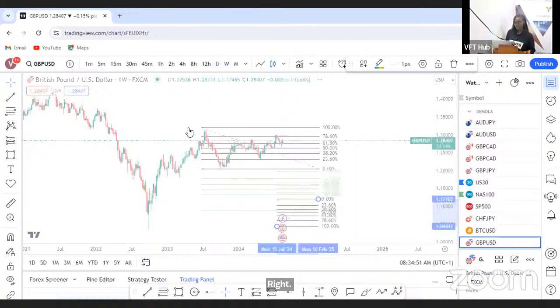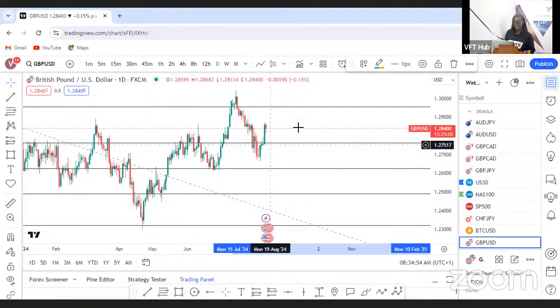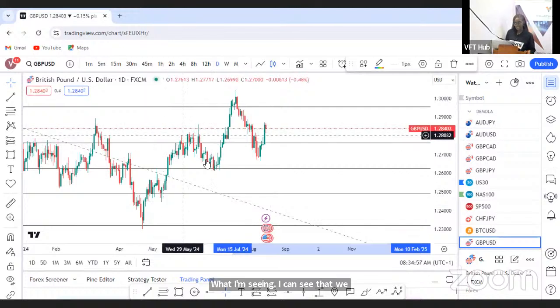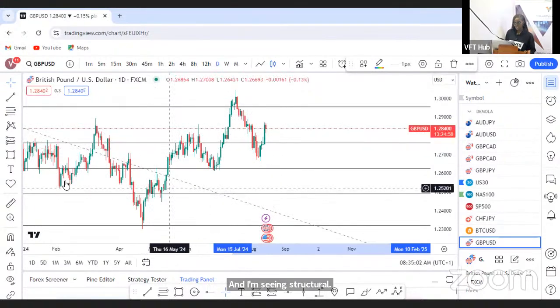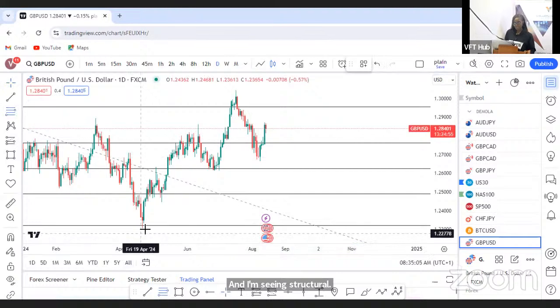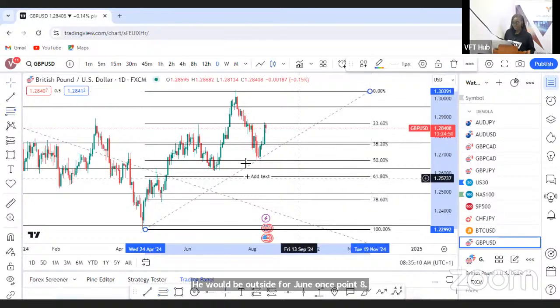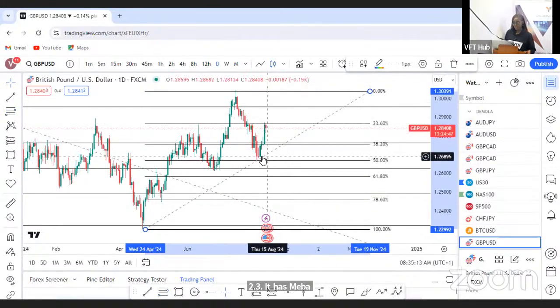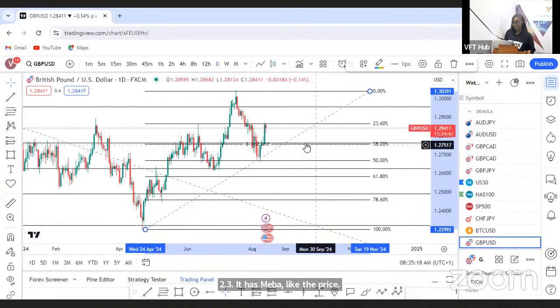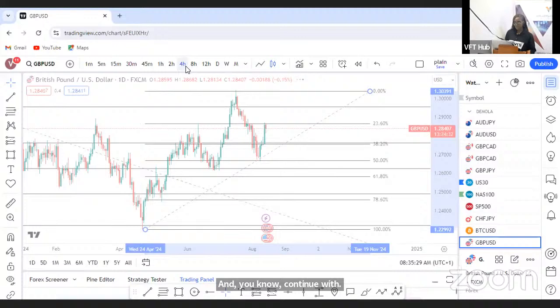And for a daily time frame, what I'm seeing, I can see that this high I'm taking out, and I'm seeing structure being formed to the upside for GU, right? So if I'm going to plot this entire thing from point A to point B, you can see that price traded into the 50% level, and it's going to the upside, right? The 50% level is a good place for price to hold and continue its trend to the upside.